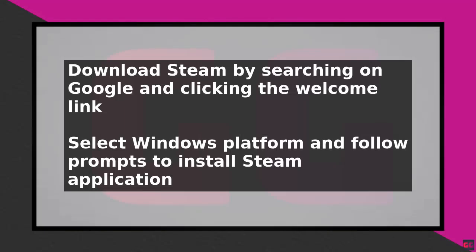To download and play Cat God Ranch on a PC or laptop, start by downloading Steam, an application that allows users to buy, download, install, and play games. Begin by going to Google and searching for Steam. Then click on the link that says, "Welcome to Steam" at